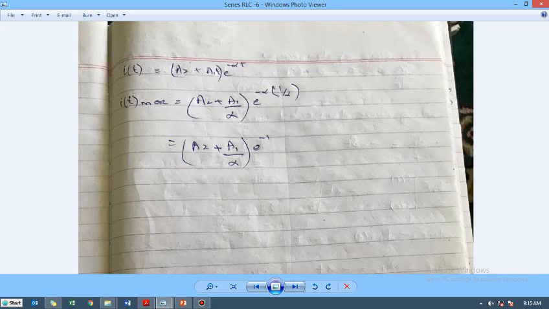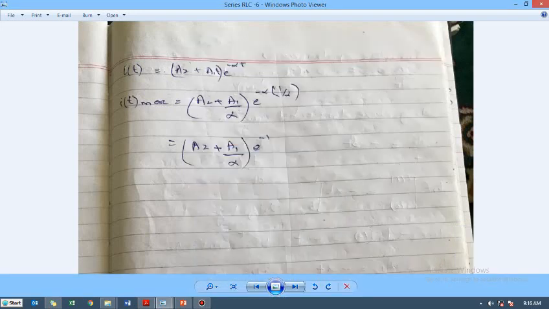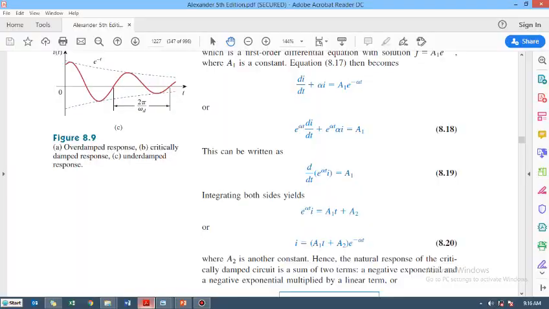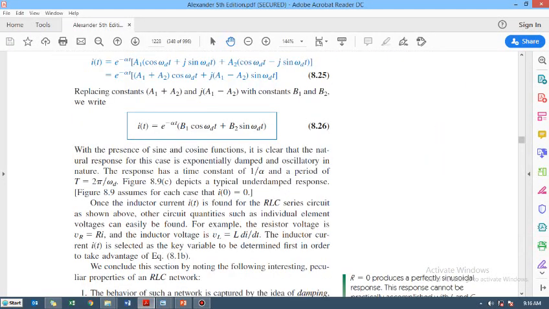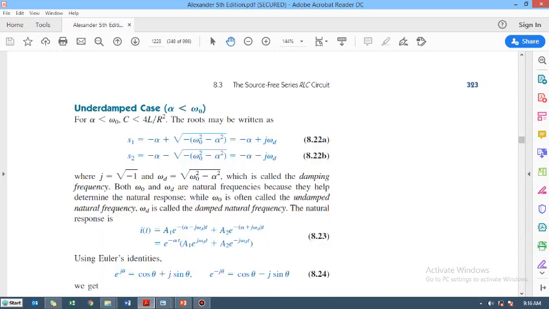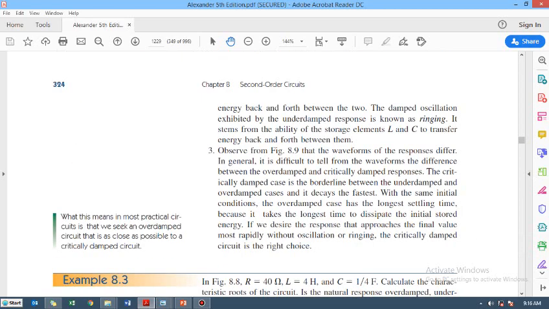Alright, so this is the discussion, and I hold it here. In the next section I will be doing a numerical, or let me see if I have some time left, so I can do it here. I bring up the book here and show you. Okay, one thing which is still remaining is the underdamped case, so we will be doing it later on, but we can solve the numerical here. That is an example problem